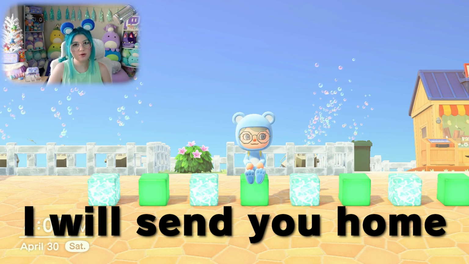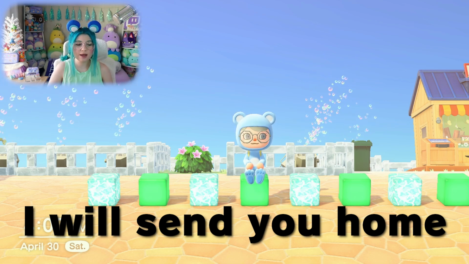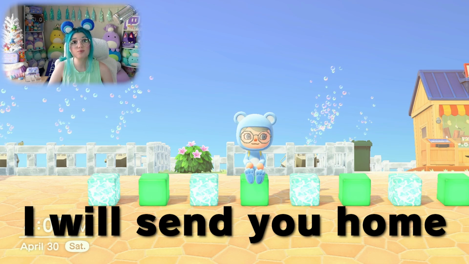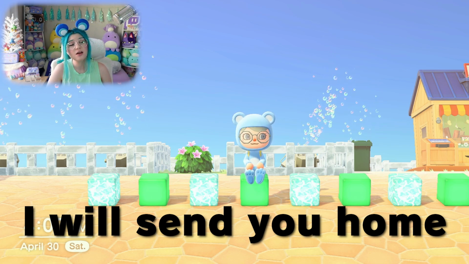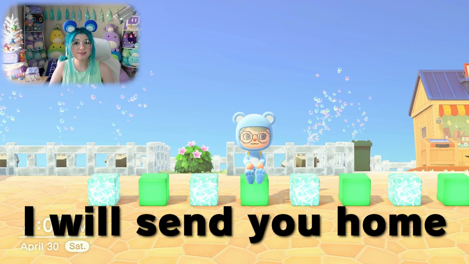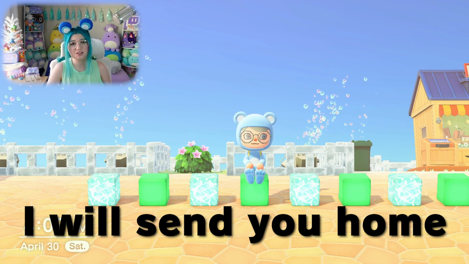Do not leave the island when you're done selling your turnips. Please go back outside and sit on a cube light. We've had rogue runners before who try to sell their turnips and then run through the airport and try to fly away. Those people get banned. So when you're done selling your turnips, just sit on a cube light and chill out while we wait